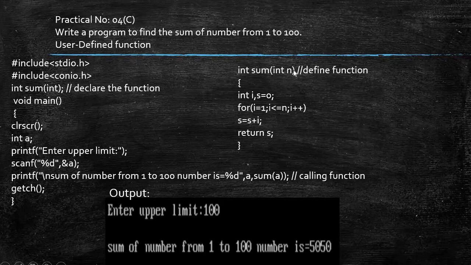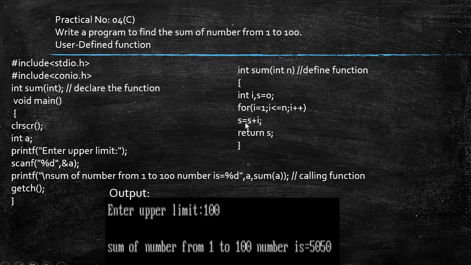Over here we are passing a dummy variable, that is the n variable. Now within this function we are introducing two variables, that is i and s. For the s variable we are declaring the value 0. After that we have used the for loop. Within this for loop, the i variable is holding value 1. If i is less than or equal to n, where n is the parameter which we have passed, then it will go on incrementing.